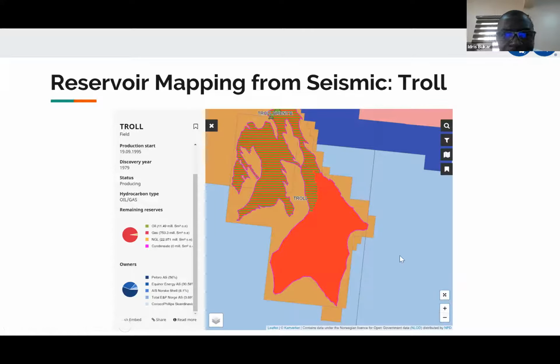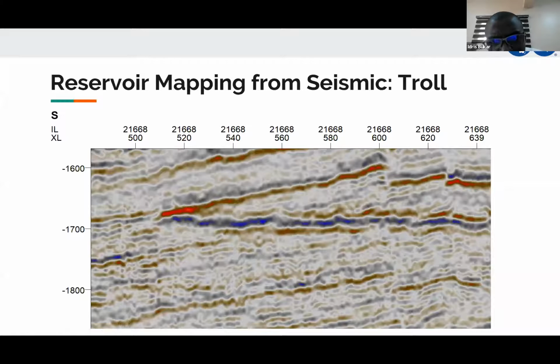And I'll come back to this figure. So this is one of the sections from yesterday. We've not shown this. Basically, this is the red here. Remember, we're working in European polarity. So the red here, which is denoting a soft event, because it's the other way around, is the top of the reservoir. And the blue here, which we showed in the textbook image yesterday, is your gas-water contact, so your fluid contact. You see, it terminates here against the top of the reservoir on this end.